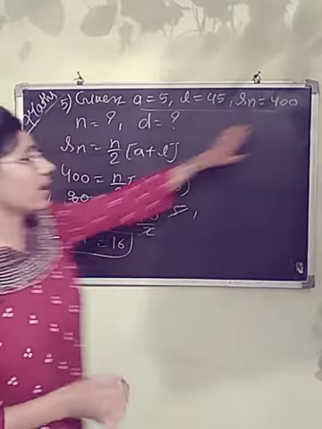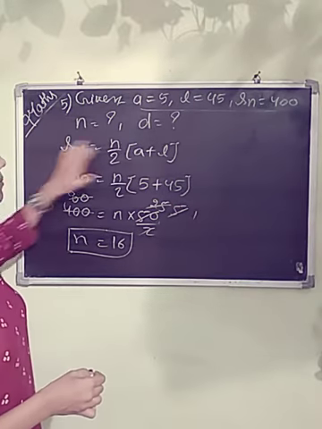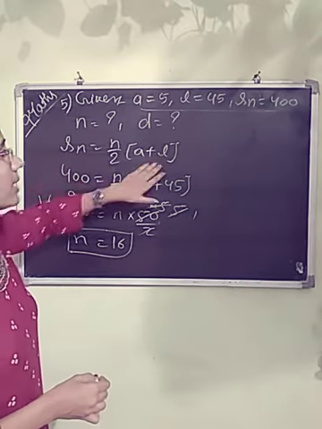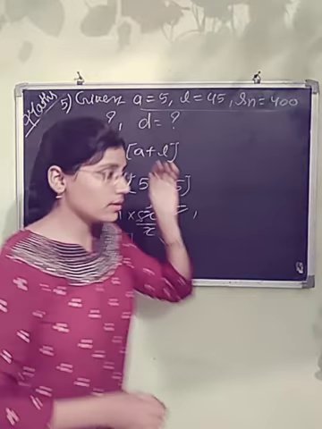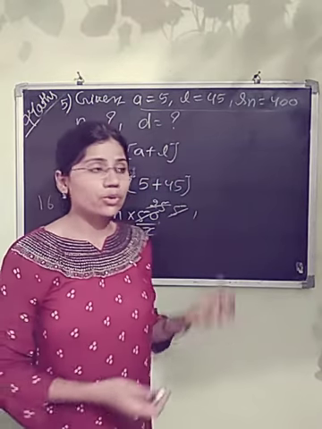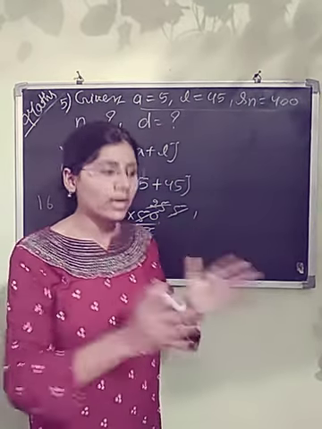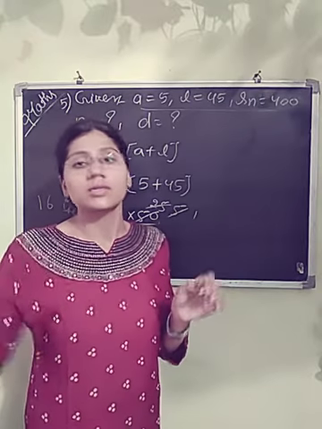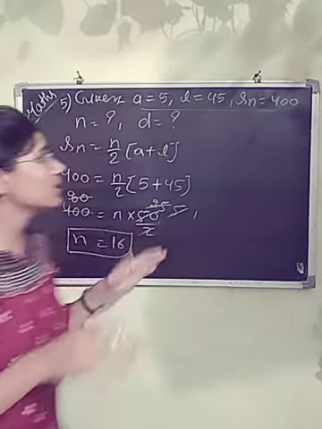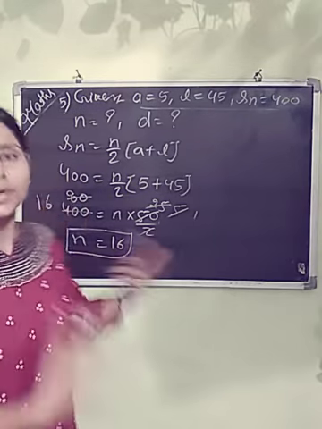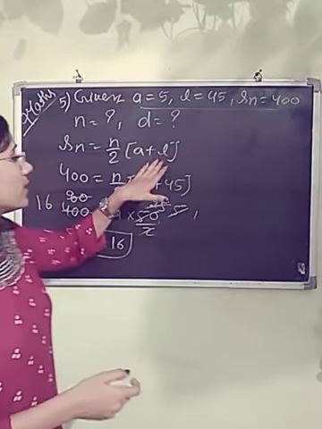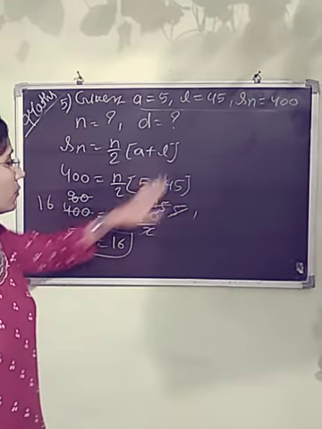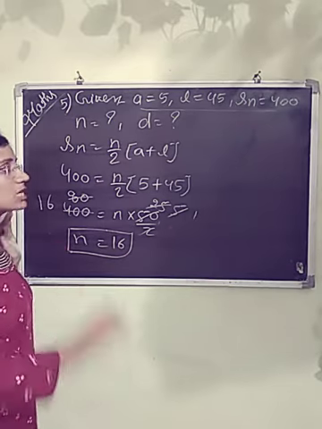Sn we have, a we have, n we don't have, and the last term we have. Okay, and I already told you that wherever there is a last term, it will be written, it will say that it is the last term. Okay, until and unless it is given, you just don't pretend. So it is the last term which is already given for us, and we will solve by transposing.